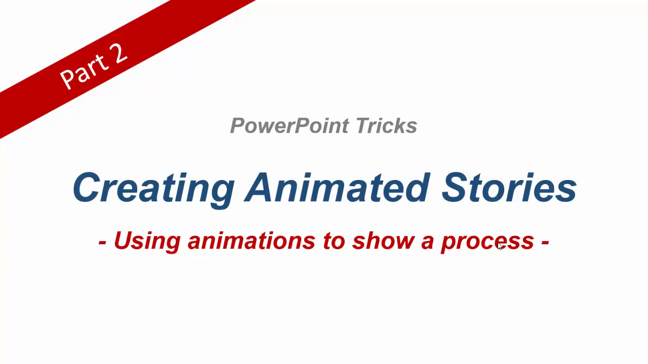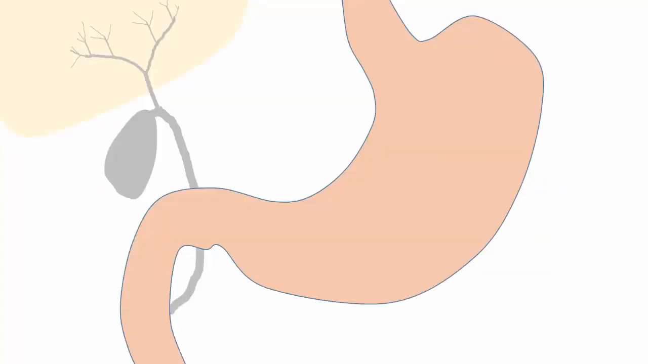In part 1, you learned simple tricks for using animations to show a process. Now we're going to get a bit more complex. In part 2, this video here, we're going to make exactly this graphic. And in part 3, my next video, we're going to add these labels